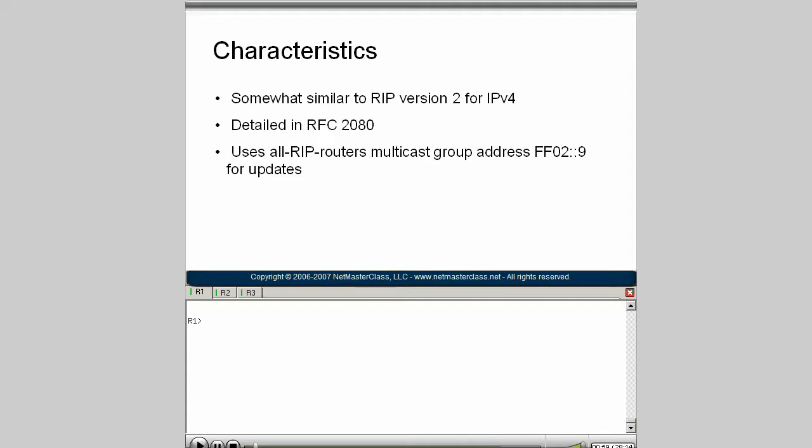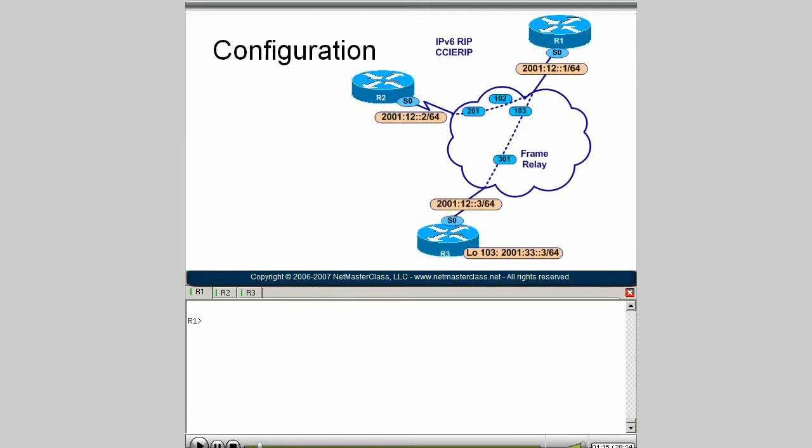RIP Next Generation, if you want to read the official standards document, is available in RFC 2080, which is going to completely detail this particular protocol for you. What we want to spend our time doing in this video on demand is taking a look at a sample configuration. And to make this a bit more interesting, we'll take a look at a RIP over frame relay type